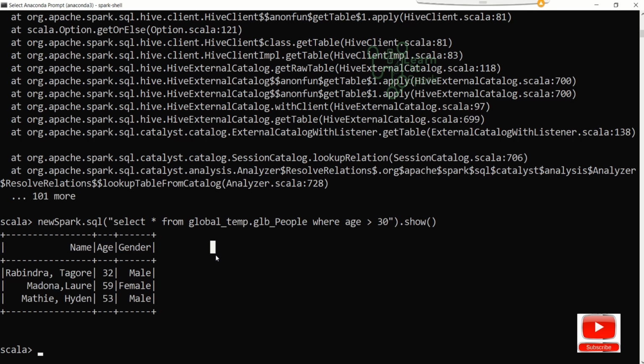And the third question, what is the lifetime of this global temp view and the temp view? The temp view will exist only to that session, and the global temp view will exist only if the session that created the global temp view exists. Say for example, if I am closing the Spark 1 session, then the global temporary view gets deprecated. That is the lifetime of global temp. So this is all about the temporary view and global temporary view.